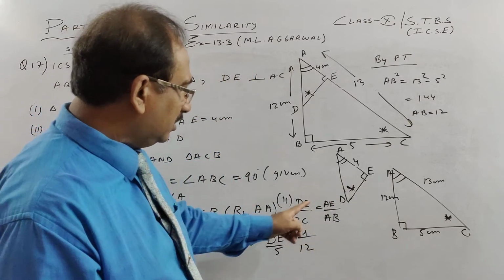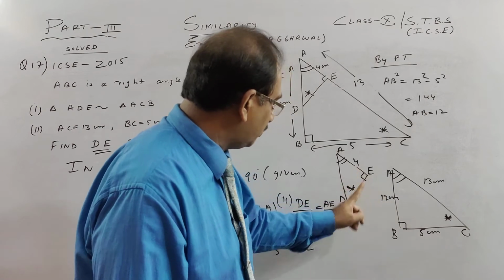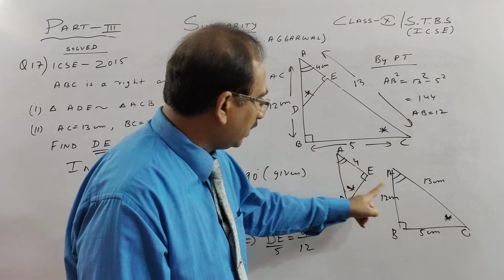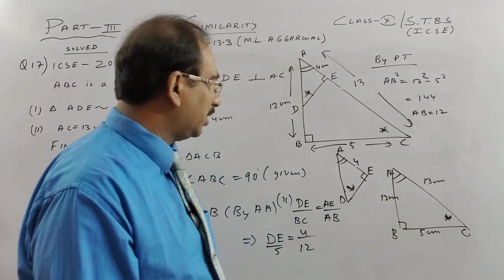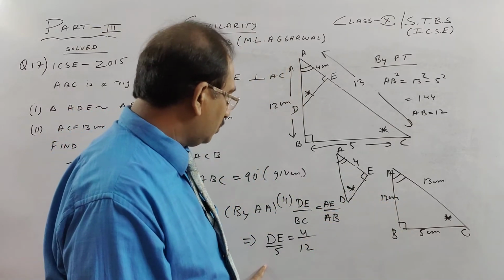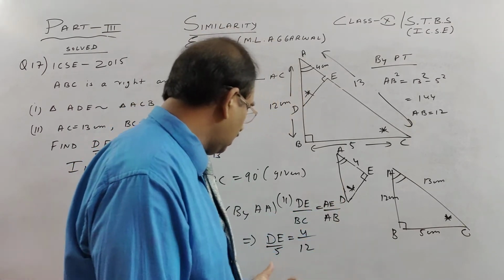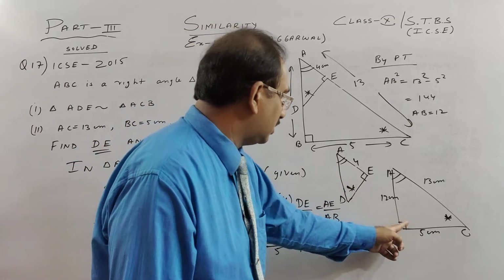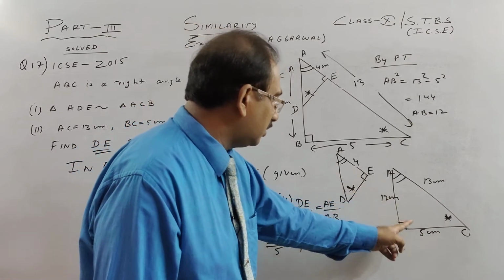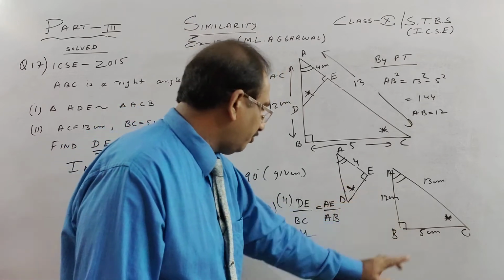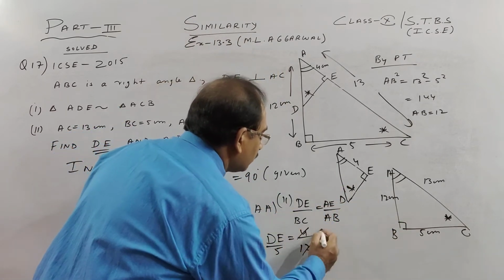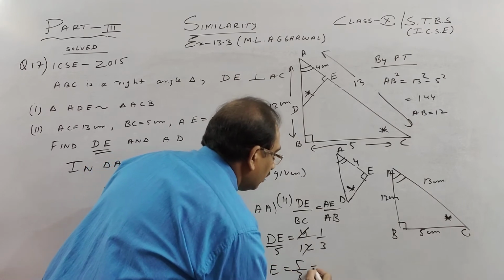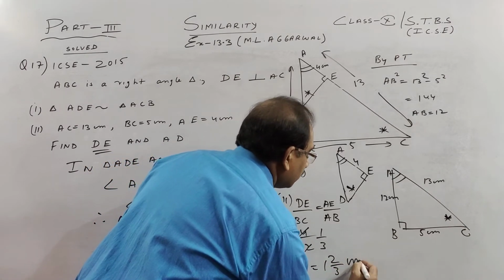So okay, if you see this, children, this is 3 times bigger. AE is proportional to AB. See here, AE is opposite to asterisk, so this is 3 times bigger. So one hint it gives you. So in the small triangle, BC is 5, so DE is corresponding to BC. DE I told you is opposite to this, so this will be 1/3 of 5. So DE is 1/3 of 5. So this is 12/3 centimeter.